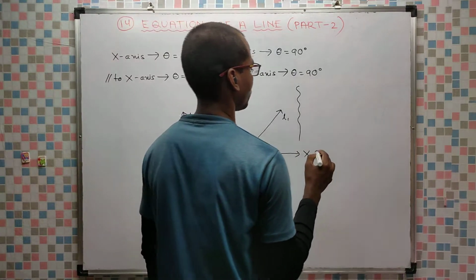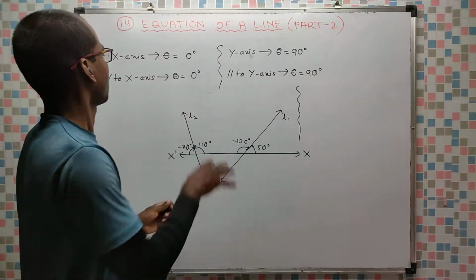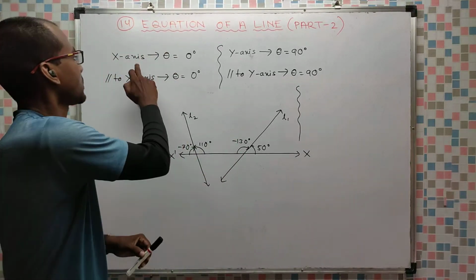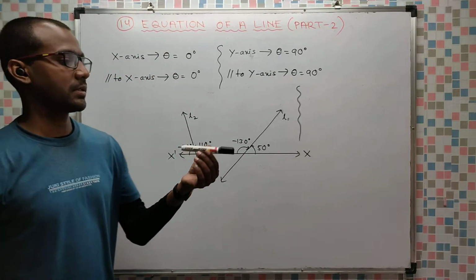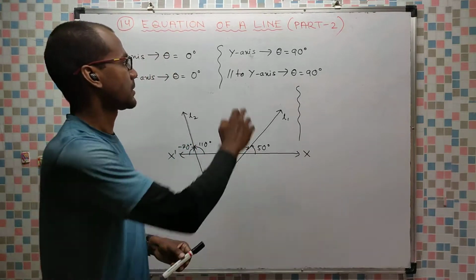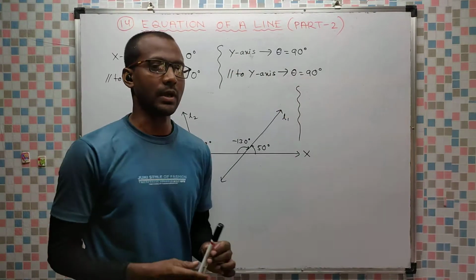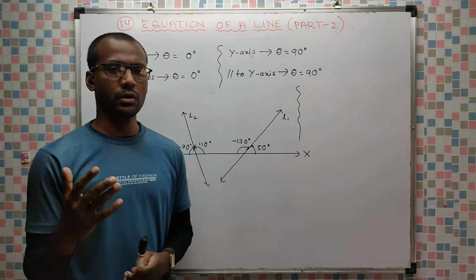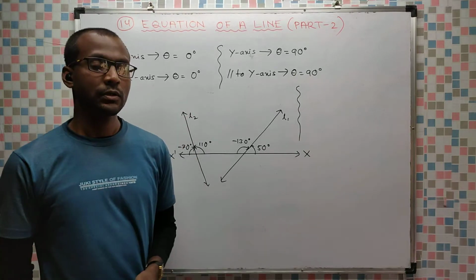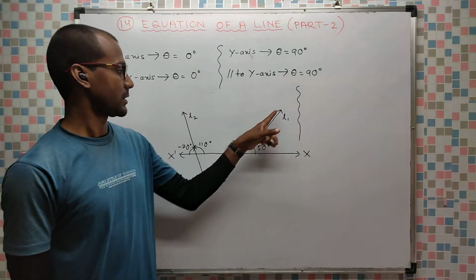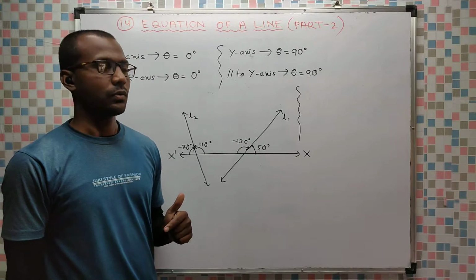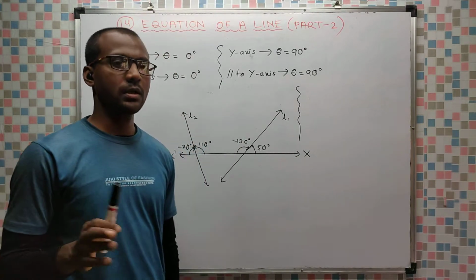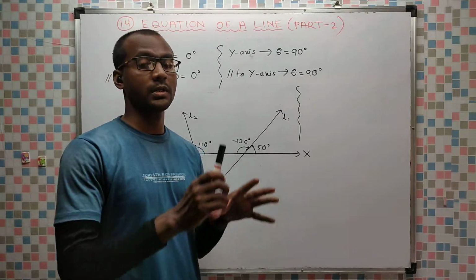Next, we can have other lines. These are lines which are either horizontal or vertical. These two lines, the x-axis and any line parallel to the x-axis, are horizontal lines. These two lines, the y-axis and any line parallel to the y-axis, are vertical lines. We already know their equations, so we are not that much interested in these lines. We need such lines L1, L2, whose angle of inclination is not 0 degree or 90 degree. Other than 0 and 90 degree, we are interested in such lines.